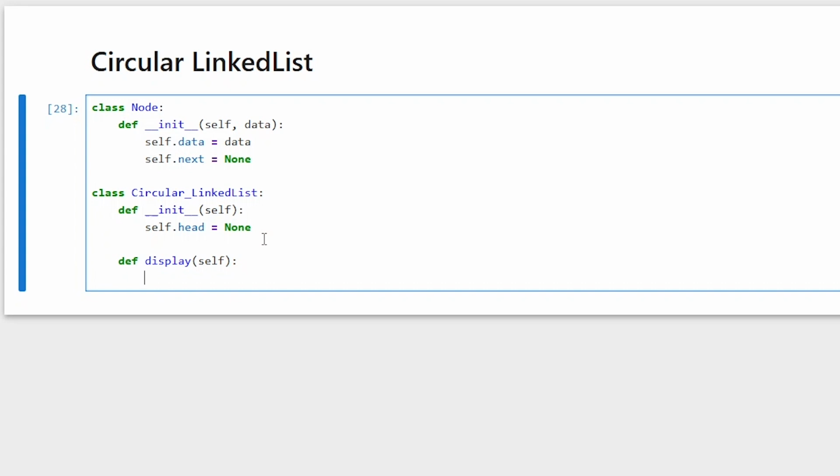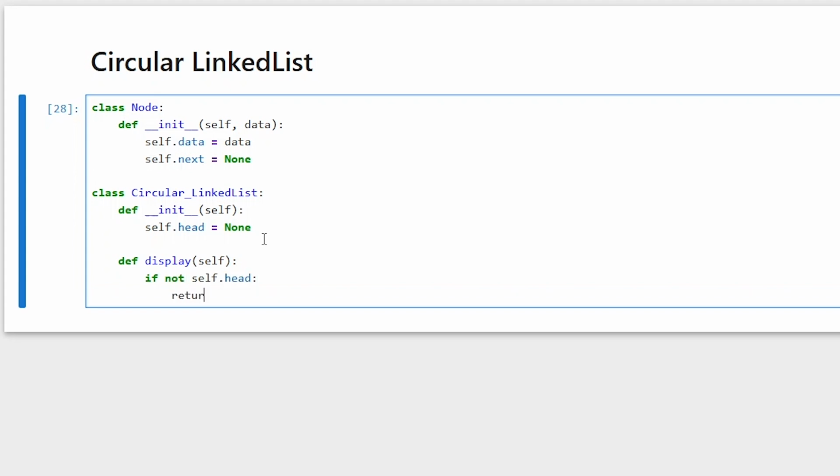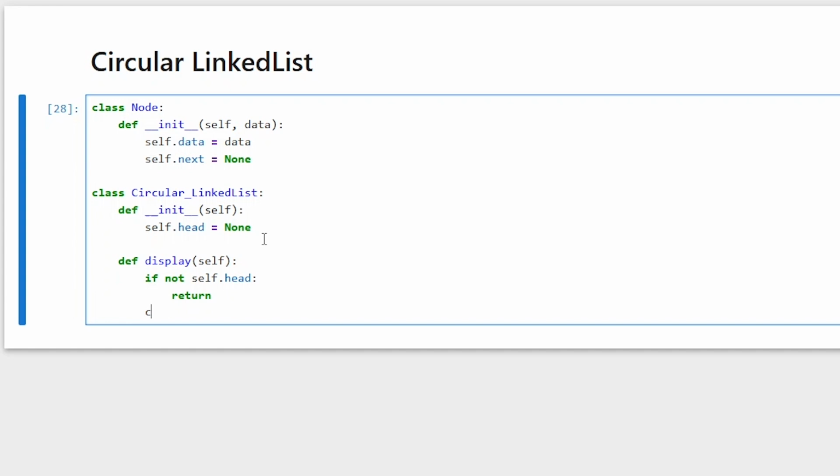If we are dealing with an empty list, we'll simply do nothing. So we have if not self.head, then we'll simply return. We'll do nothing because it is an empty list. But in a situation whereby the list is not empty, we're going to traverse. We're going to start from the beginning. So we'll have current is equal to